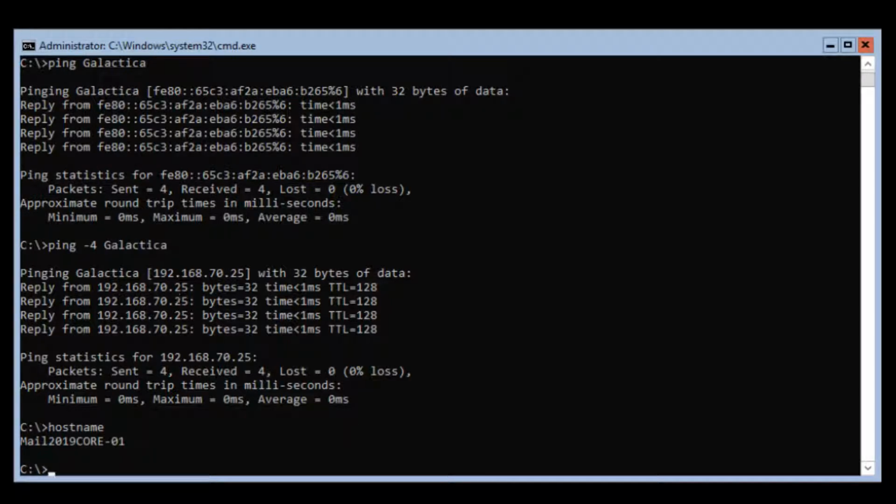Okay, so the next thing we want to do, we're going to join the domain and eventually we're going to set up Exchange on this core server. But one of the things that's vital to the heartbeat of Active Directory is that all of your servers and your domain controllers and your workstations need to be configured with accurate timing and in the same time zone. So I'm going to type PowerShell